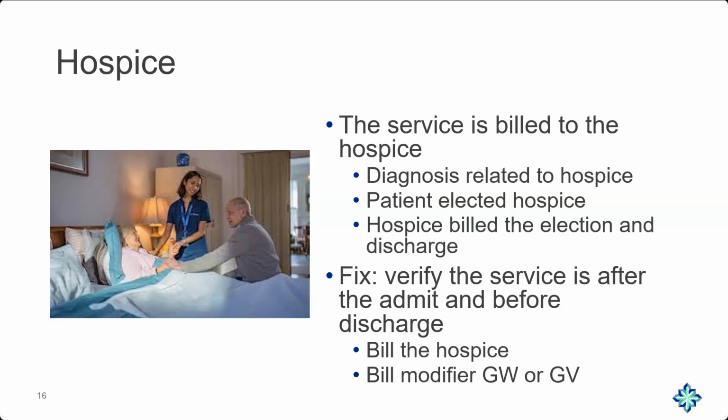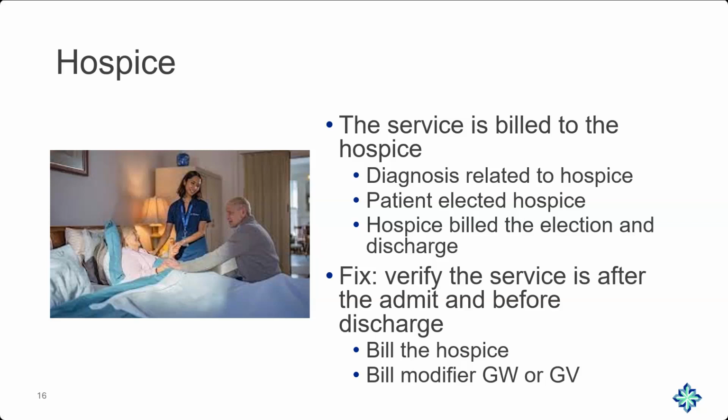Hospice begins on the date of election after the admission is complete. So you could have services before or after a hospice. What do you do and how do you do this? First, verify within our system, within our portal, whether or not they have a hospice on file for that date of service. Let's say that they do, and it's going to be related to that diagnosis. Now, you are a professional or supplier billing on a CMS 1500 or an 837P. Now you get to pick one of two modifiers, and they're actually listed on the bottom of this slide.